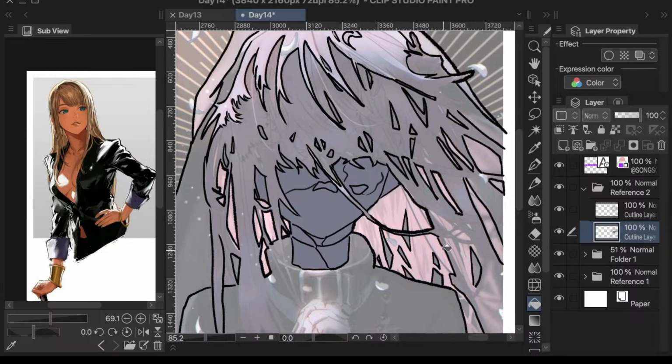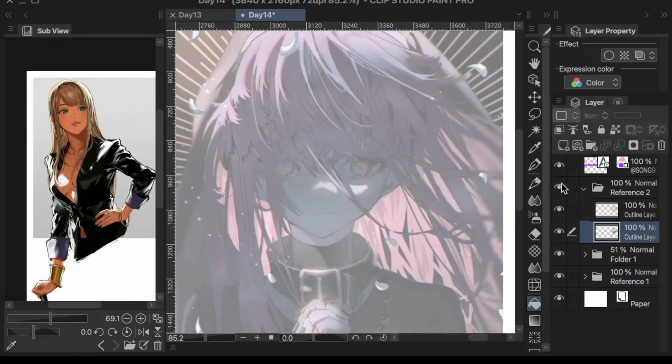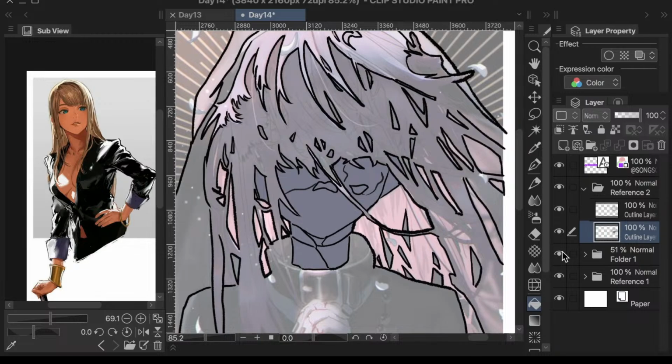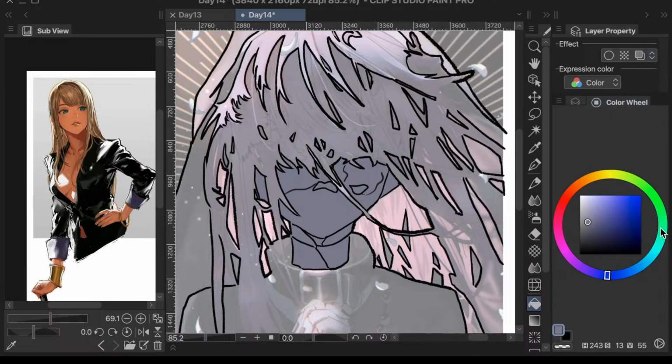This is actually really interesting. I want to see what color this is on the color wheel. Blue. Mid levels of